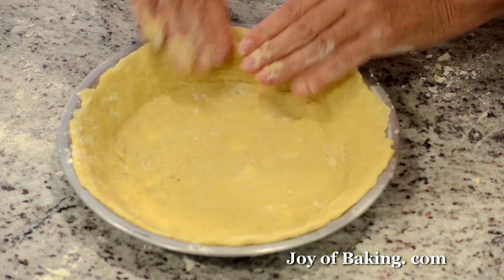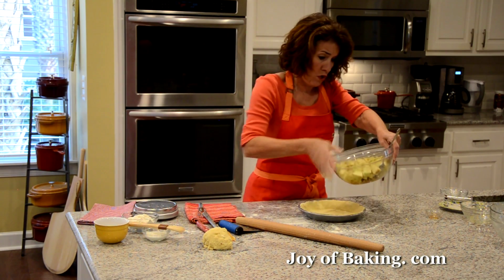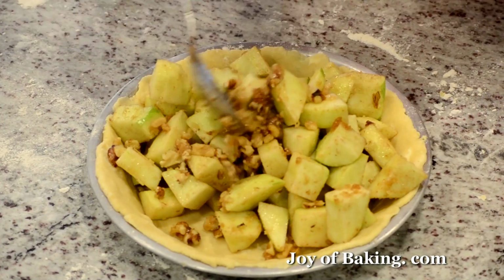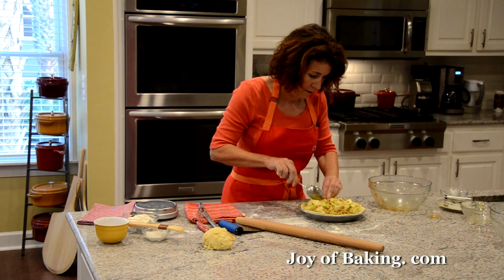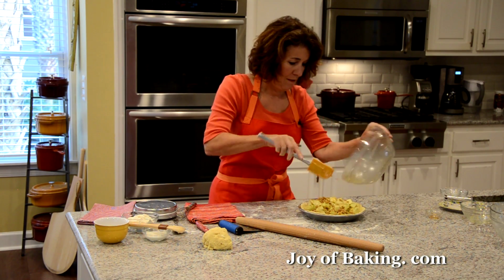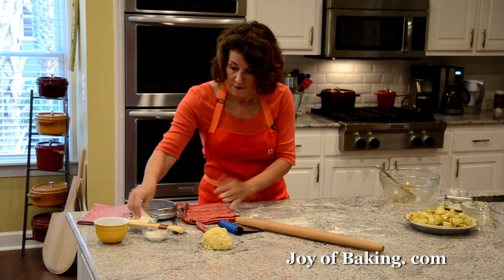It's looking pretty good. Okay. And then I'm just going to pour all our wonderful apples and chopped walnuts in there. Scrape all that good stuff out. Distribute those nuts a little more and the apple. It looks pretty good. And then, hands are a mess, but